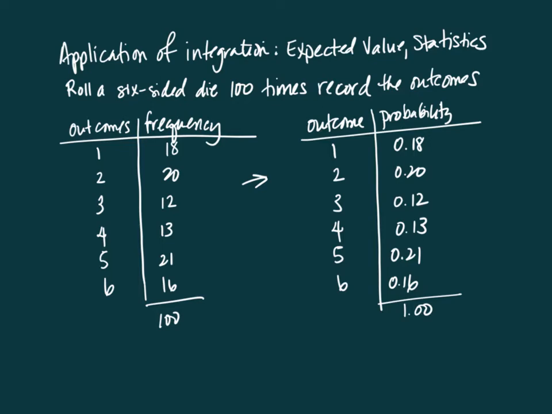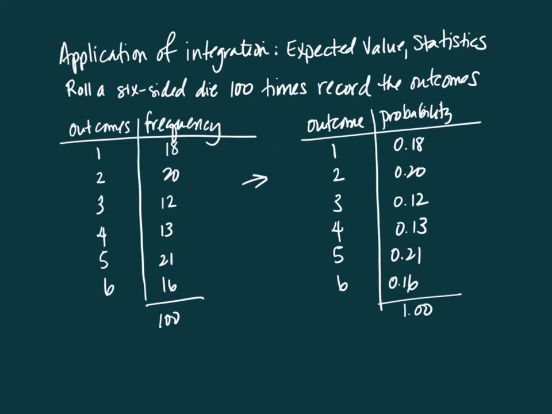And so again, we have a discrete variable because we have very distinct outcomes, 1, 2, 3, 4, 5, 6, and we can't have anything in between. So they're separate, they're discrete, and we had their frequencies as listed in this table, and from that we can compute the probability of each outcome, whatever values the variable can take on. The variable is the number of dots on the die, so it can take on values of 1, 2, 3, 4, 5, and 6, and we can compute those probabilities, which we did in a previous video.